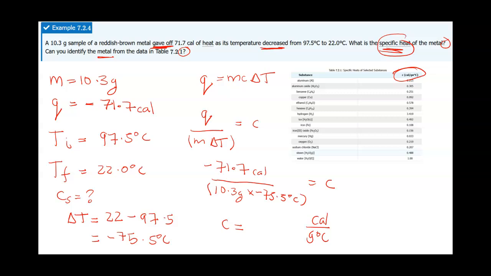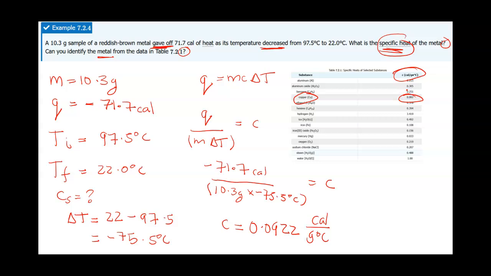So let's see what that is. Negative 71.7 divide parentheses 10.3 times negative 75.5, and the number I got was 0.0922. 0.0922. Now, oh, there it is, look,